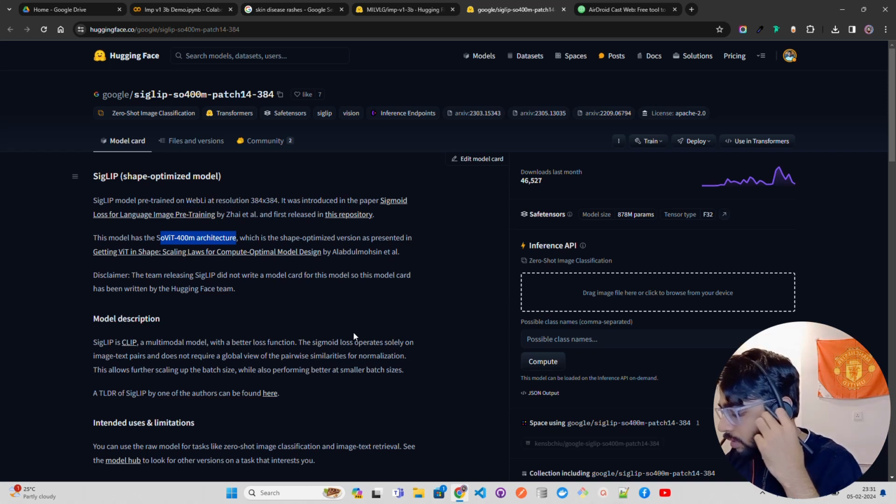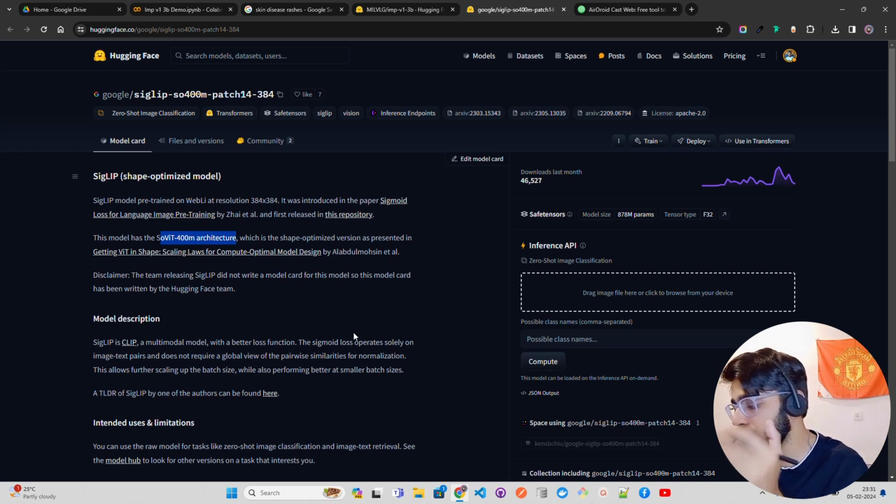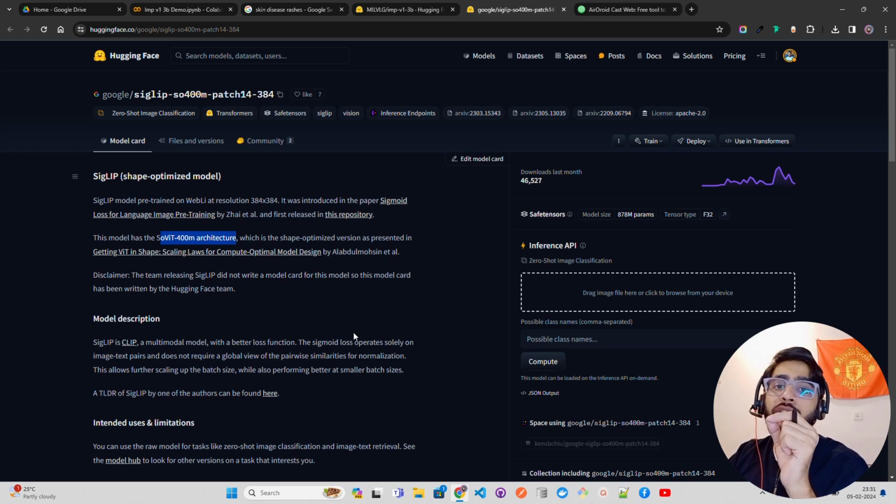And what will happen if you don't use sigmoid loss in that case? If you don't use sigmoid loss in SigLIP, of course, while choosing a visual encoder, and I will show the inference of this model that I'm talking about, why this is powerful. Having 3 billion parameters, it has already performed better than LLaVA 7B and the other multimodal models that we have on multiple benchmarks. It has outperformed the bigger multimodal LLMs like 7B variants,